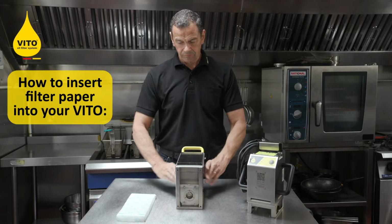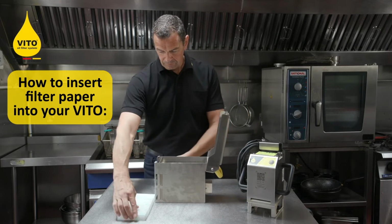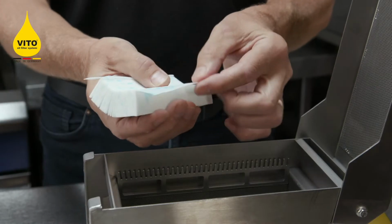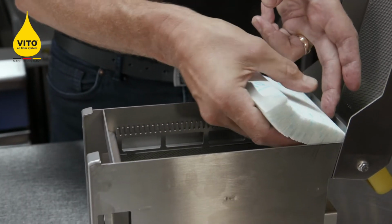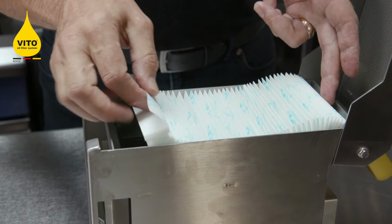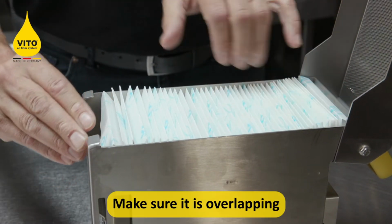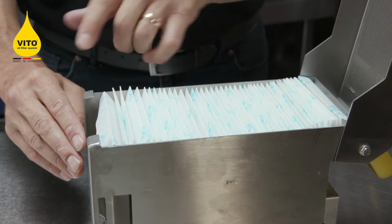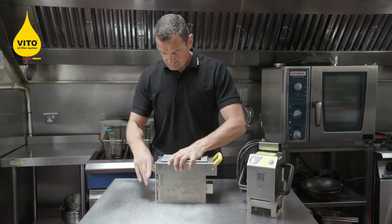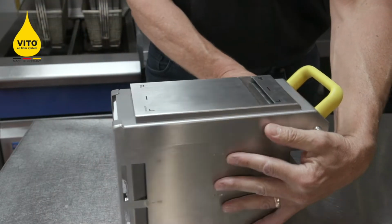Lay the machine on its back, open the lid, take a clean filter paper, open up the wings, making sure each end of the wing goes to the slot, the top and the bottom accordingly. Once that's into place, give it a little press down, close the lid, slot the top into the lugs, stand the VITO upright,